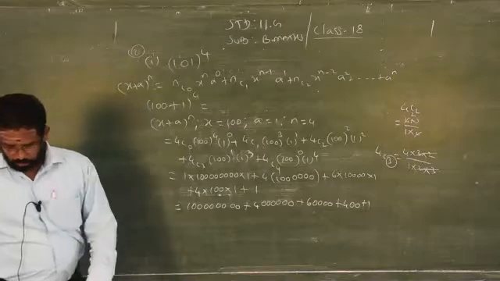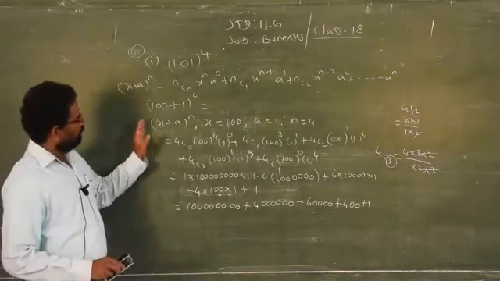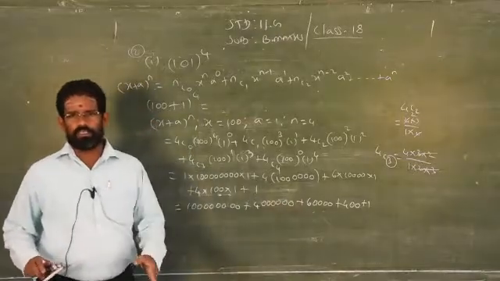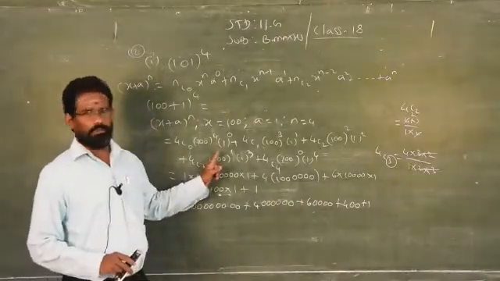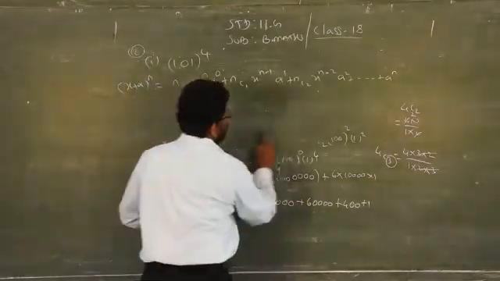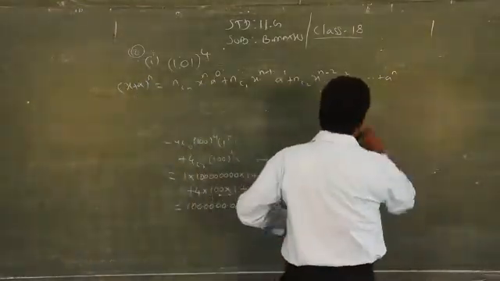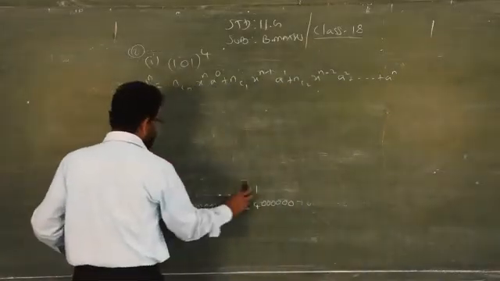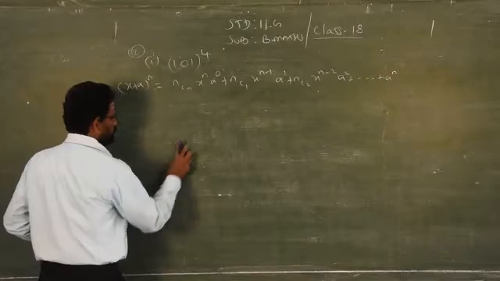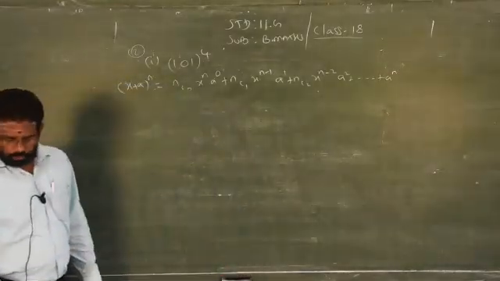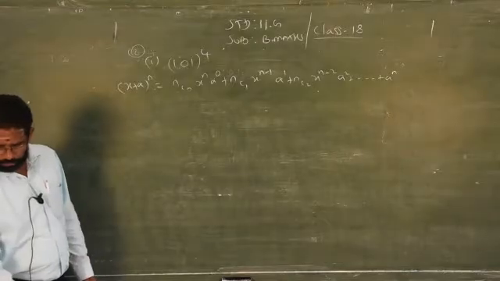You will go to the next one. I just write what is x and what is n, then the rest of the part you have to do yourself by referring to this model. Clear? So don't simply use calculator and write down the answers alone. You are not awarded marks because you have to evaluate these problems with the help of the binomial theorem.